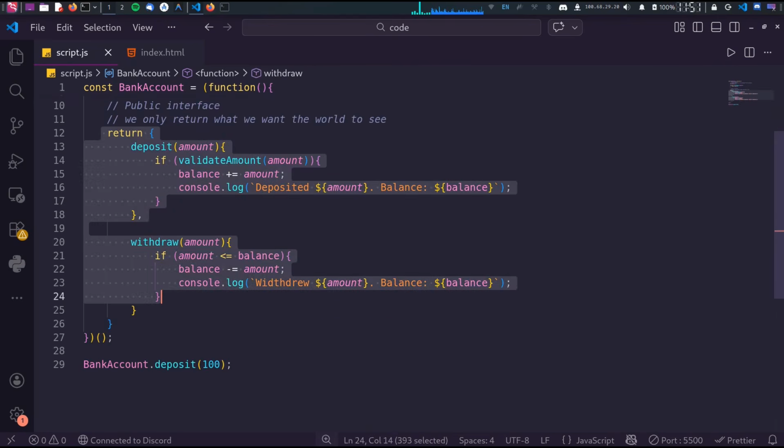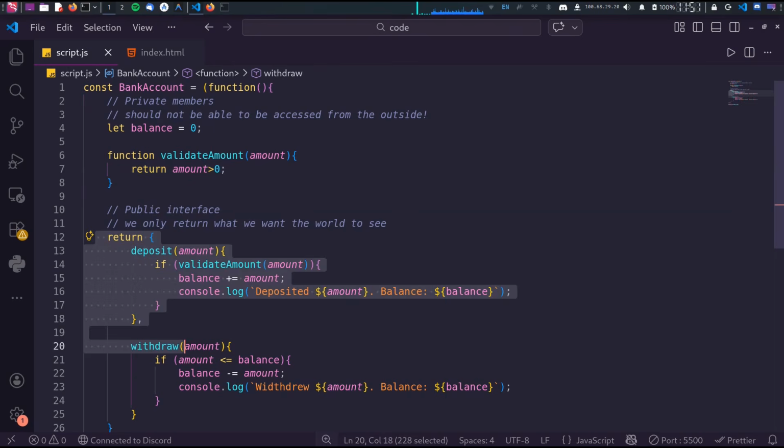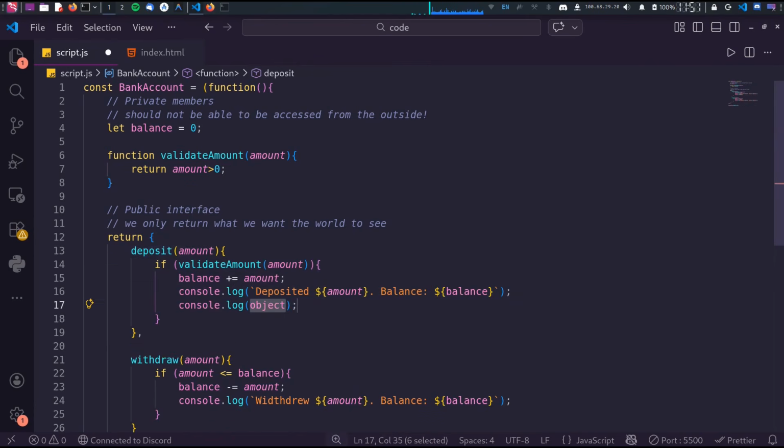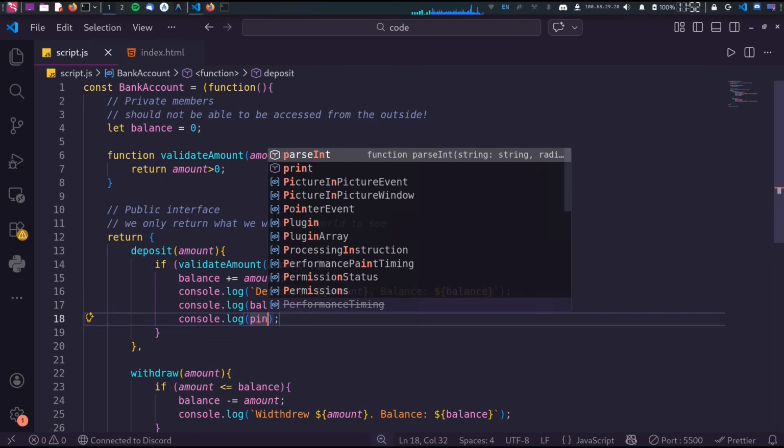What are these two methods? Since these two methods exist inside the original function, these functions can access balance and validate amount. These functions can access the balance variable and the validate amount function, but nothing else can access these two things directly. So if you want to access balance and validate amount, we can only do it via these two functions. Obviously, these two functions don't have a print statement that simply prints the balance, right? Or that simply prints sensitive information